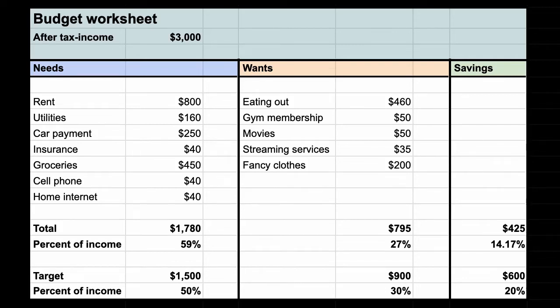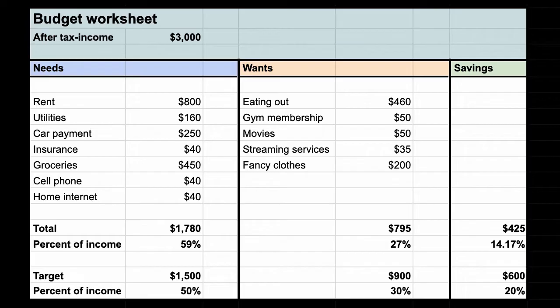In this video, I'm going to show an example of what a budget could look like and how you might want to modify that budget depending on your goals, your wants, your needs, and what you want to save for. So I'm going to do it on a spreadsheet, but you could do a budget on a piece of paper. There's going to be tools that you could find online that can also help you set and keep track of